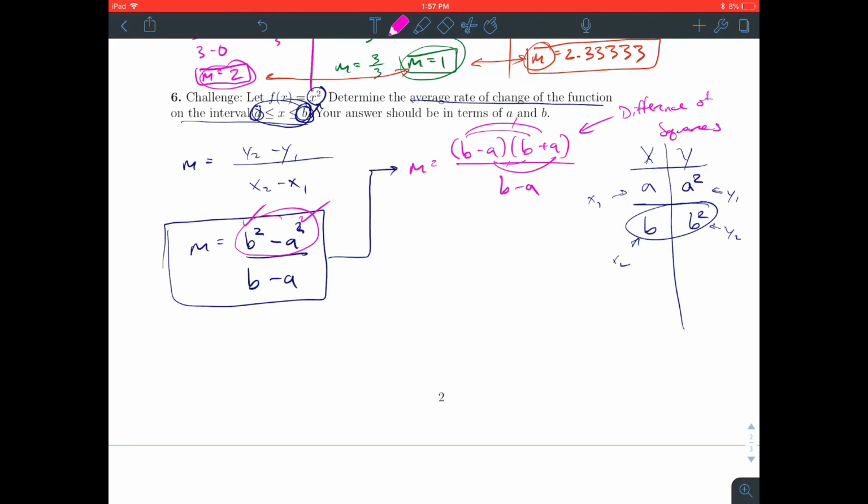And it'll be over b minus a. And the really nice thing is after you factor the numerator, you can see that this factor and the denominator match, so they cancel out, and you find that the slope will be m equals b plus a. A really nice, simple answer. Maybe even better looking if we write it in alphabetical order using the commutative